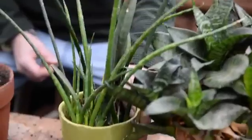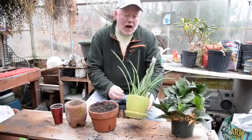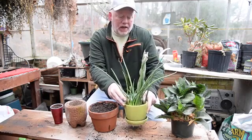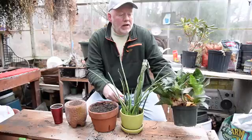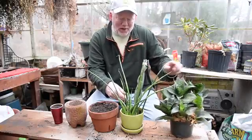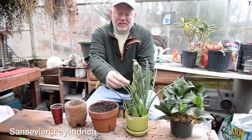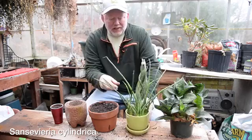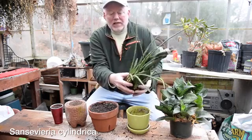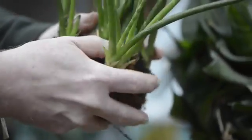So this is a great time of the year to split up houseplants. This is actually a very common houseplant, only just a different form of it. This is called Sansevieria. I brought the more common version here. A lot of times called snake plant or mother-in-law's tongue because it's so sharp. This one is Sansevieria cylindrica, which means it's very cylindrical, the way it grows like this, and there's nothing to this. These plants are basically indestructible, and you can see that the pups are just off to the side here,